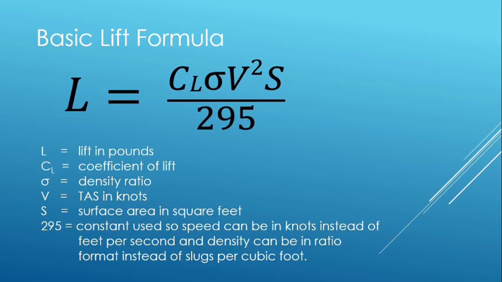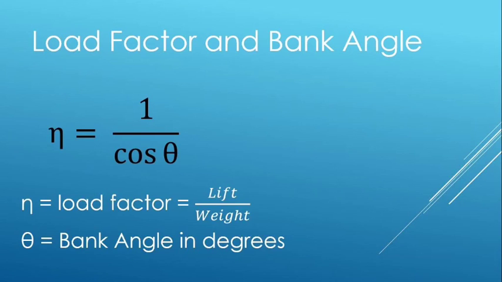Lift is equal to the coefficient of lift times density ratio times velocity squared in knots times surface area of the wing divided by 295. And then the other formulas used are load factor, and load factor is equal to lift over weight,